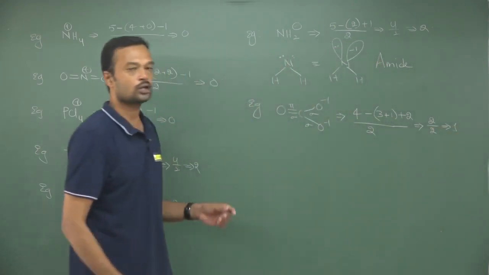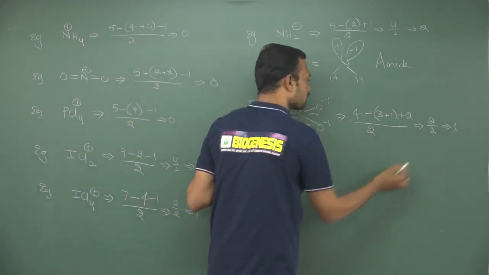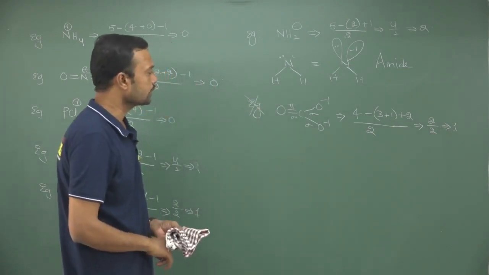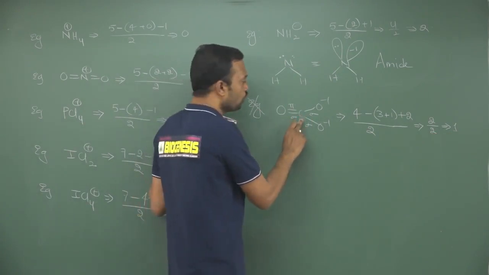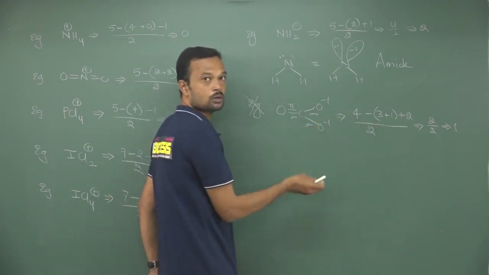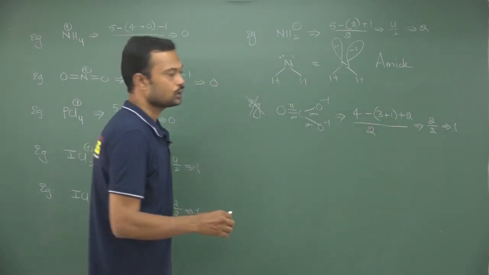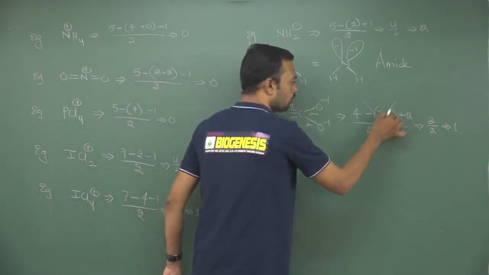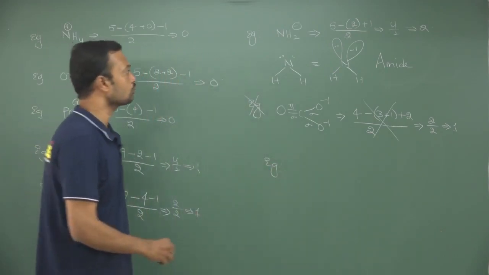So sometimes these values are never going to exist. In most cases it is possible to calculate, but in some cases it won't be accepted. Sometimes these calculations won't work for the central atom. Why? Because carbon, even though it carries 4 valence electrons which participate in bonding, so this becomes 4, and here the total number of sigma bonds is 1, 2, 3 and this is 1. So this is 4. So here minus 2 is given. Generally, see, it is going to be a resonating structure. So in most cases, for resonating types of structures it won't be applicable. Okay. So we can apply it for other molecules which do not involve resonance.